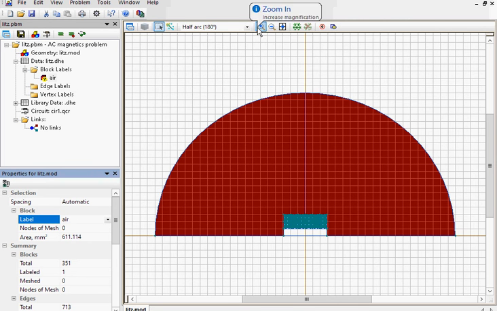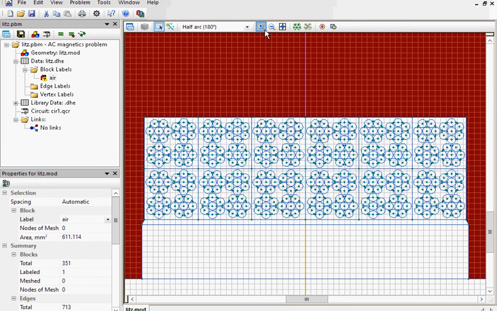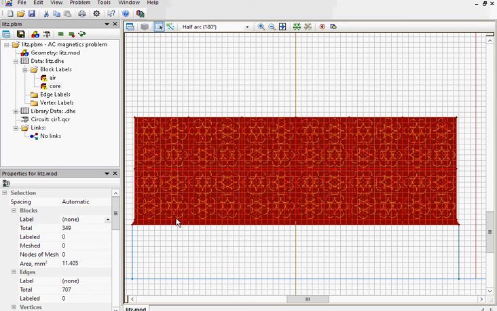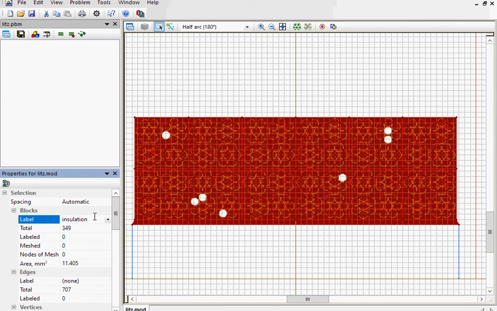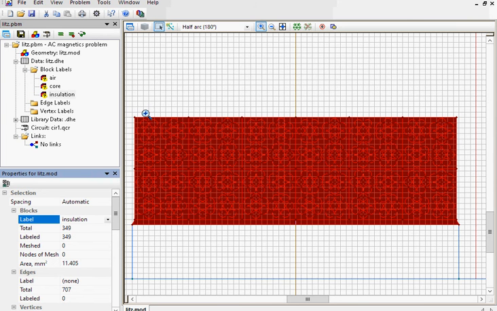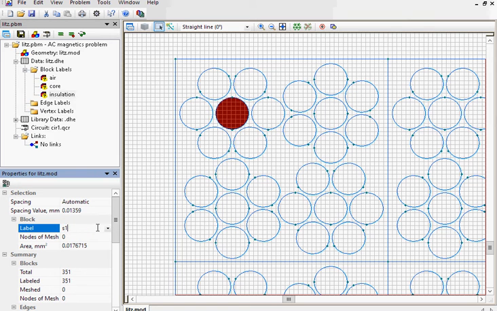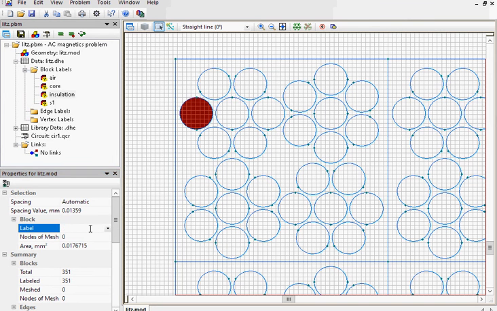Let's zoom in. Switch the zooming mode off. Click here. This is the core. This is the insulation, and inside the insulation we have the conductors. I'm going to assign individual labels to each strand. This would be strand number 1, this is strand number 2,